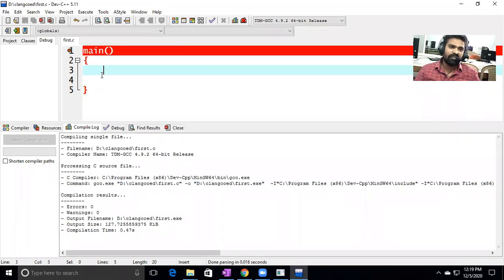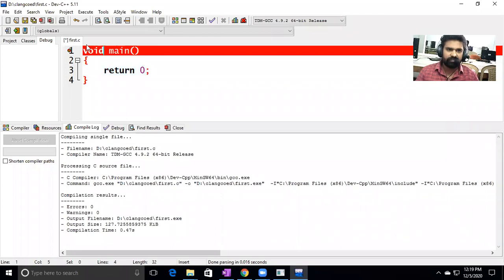So directly in the main also you can write the statement. I hope you understood. For better practice, write int here, and as the last statement, write return 0. Even if you don't write it, no problem. It will not give any error or any warning. In the previous versions, the older C language, the return type was void. If you write void, what is happening? Observe.